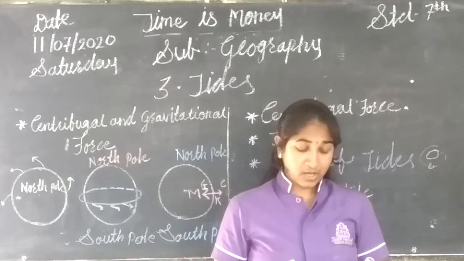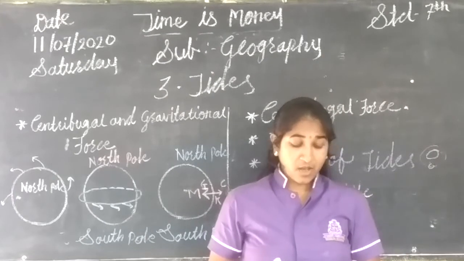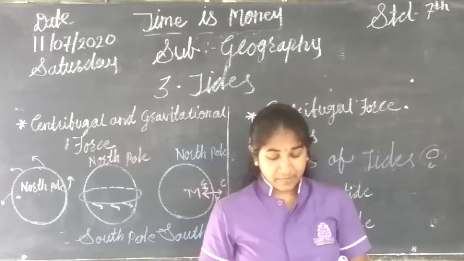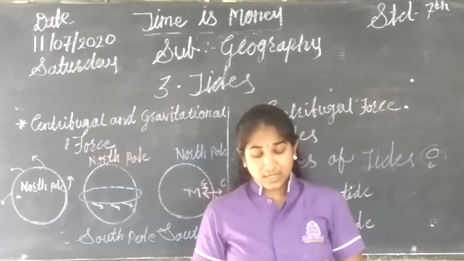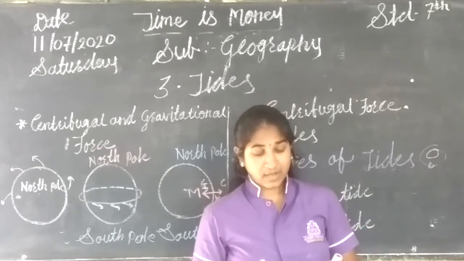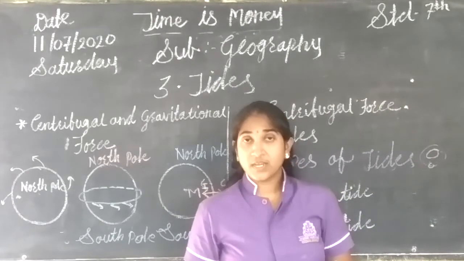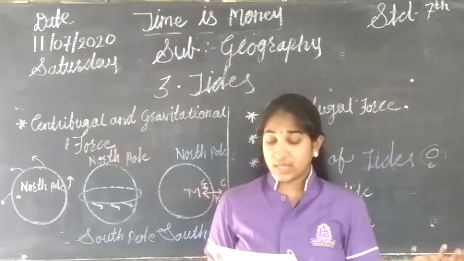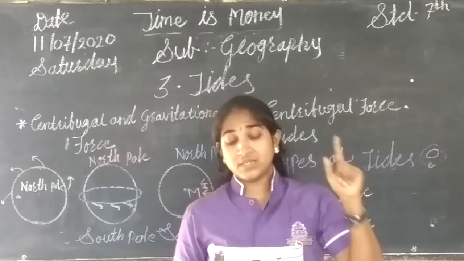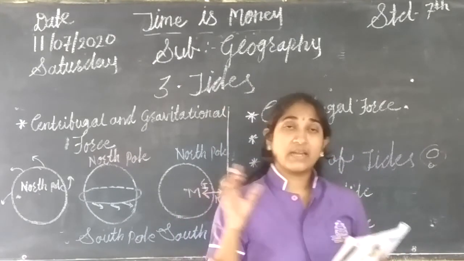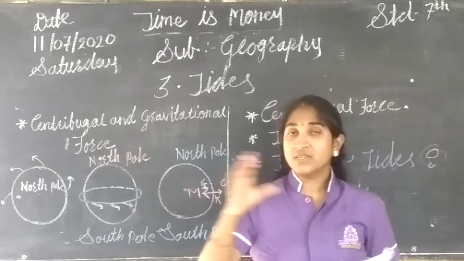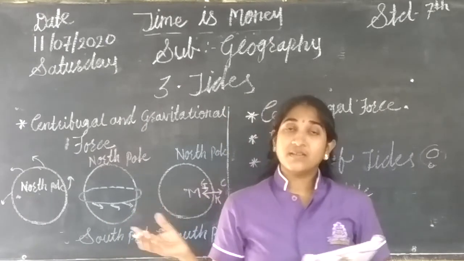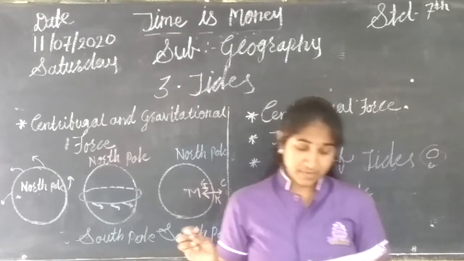A place on the earth located at the opposite point of a place experiencing high or low tide also experiences high or low tide respectively at the same time. This is the result of centrifugal force. See figure 3.6 and try to understand. Figure 3.6 is given on your page number 11. You can see the low tides, high tides, centrifugal force, gravitational force, and see where the place of the moon is. There is a gravitational force of the moon, as the moon is near to the earth, and because of this the tides also occur.